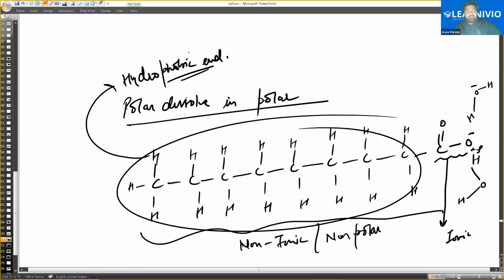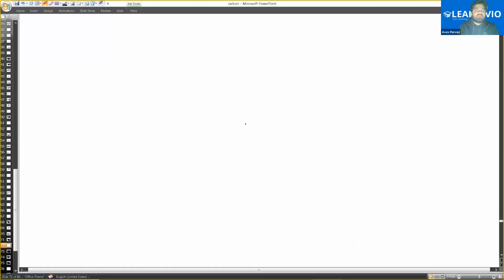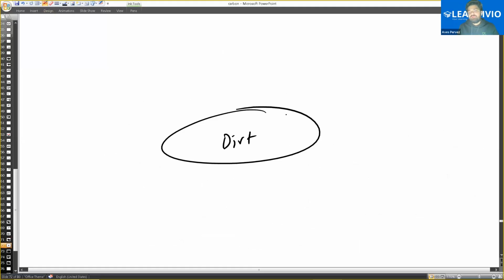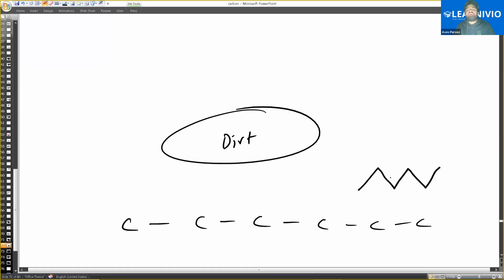Understood? Yeah. Now, what is going to happen here is that when we are adding this to water and dirt, this is the dirt molecule, and the hydrophobic end. What is this? I'm just making here the bond line structure, which is the way of representing a long carbon chain. Like if I'm having this long carbon chain, 1, 2, 3, 4, 5, 6, so 6 carbons can be represented by this. The name of this compound is hexane.